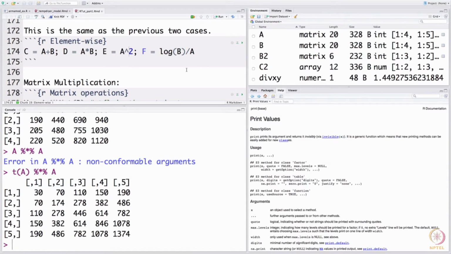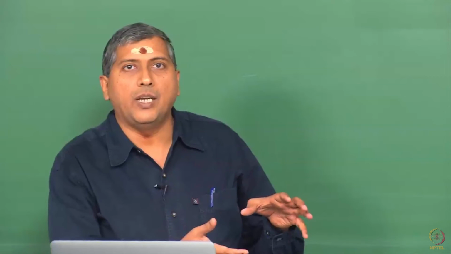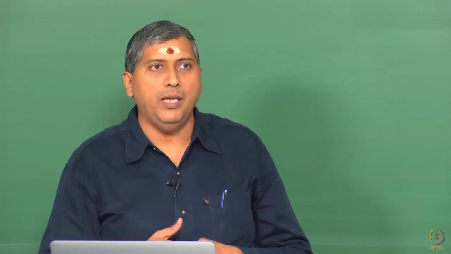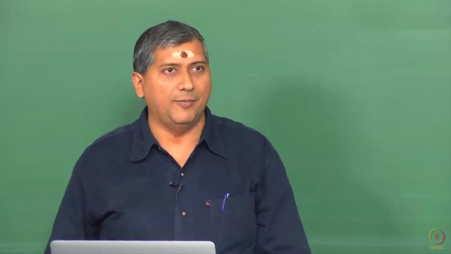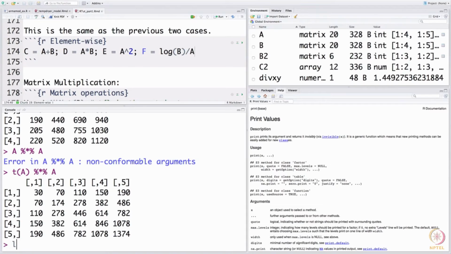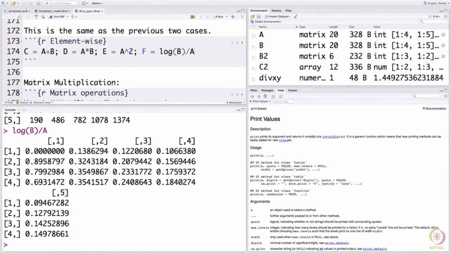Now, one of the things that you see here is I have log of b over a. Obviously, mathematically this is not correctly written, but with R what it does is it takes the logarithm of the individual elements and gets a new matrix of the same size as B and does an element wise division, and make sure you do not have 0 in one of the elements of A. So, if I were to perform this operation at the console, this is what you would get. What it is doing is an element wise division.